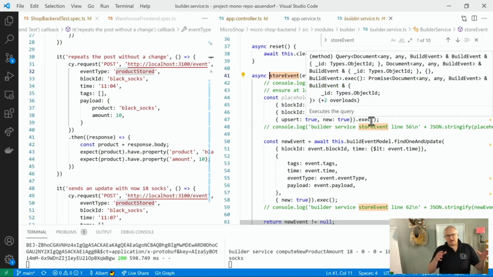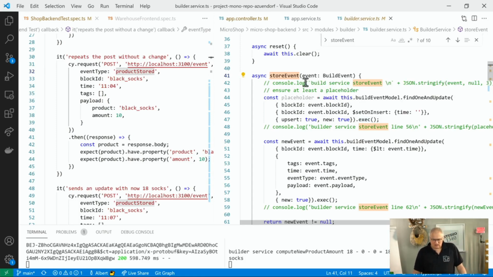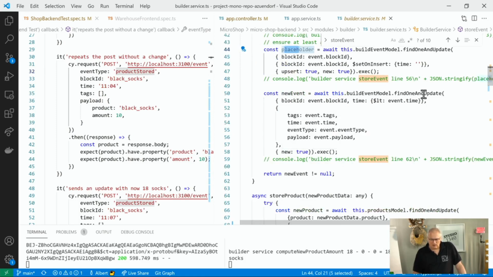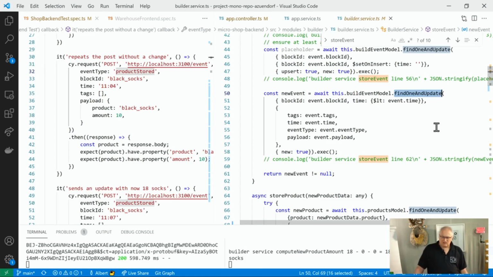We have a bunch of collections in our shop backend. One was the list of events that we have consumed or received or executed. And we use this event store, first of all, for deduplication. If you receive the event twice, we just handle it once. And this is done by having a placeholder and then a find and update, which we were discussing last week. Actually, I have slightly